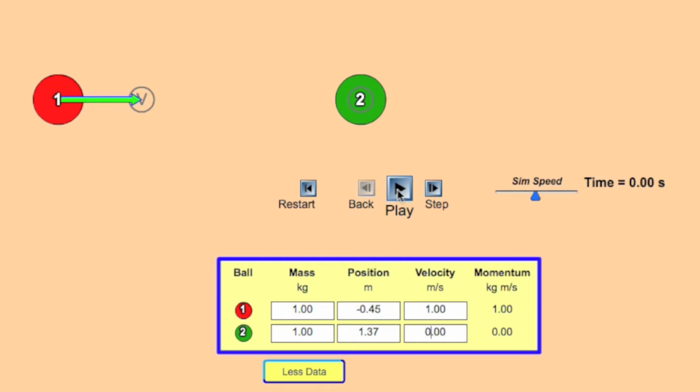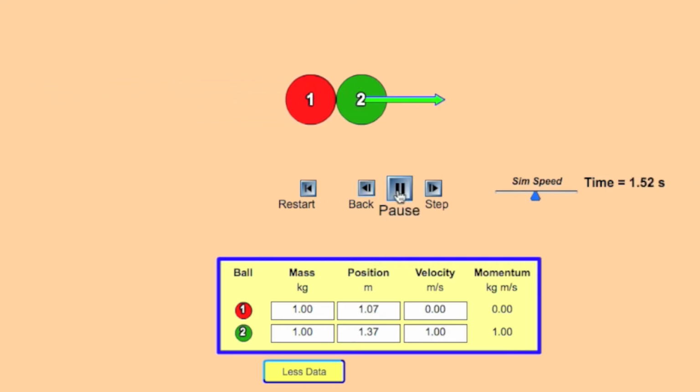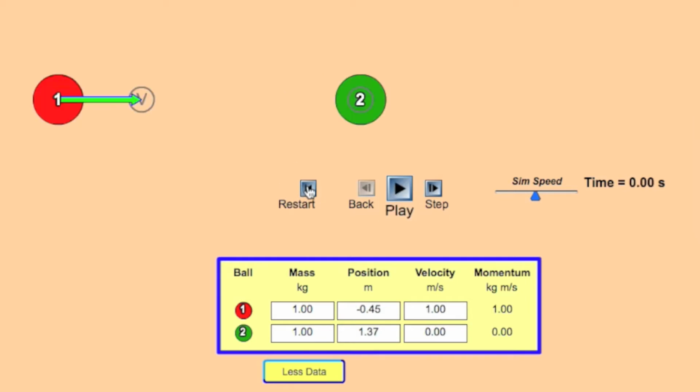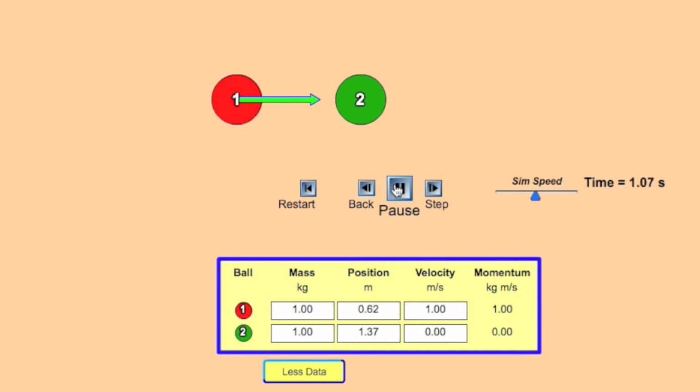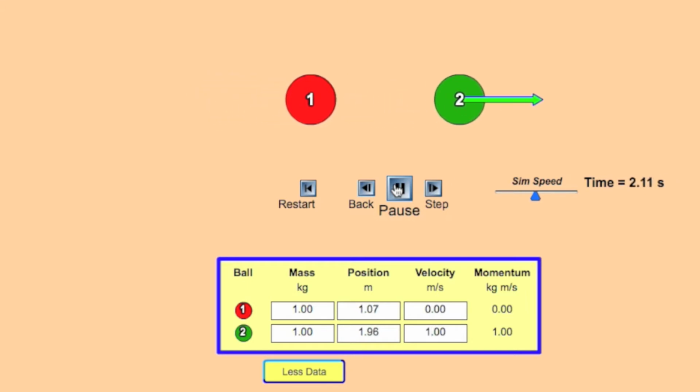So our first object will be approaching the second object from the left, and you'll notice when the objects collide, object 1 stops and object 2 starts moving. It turns out that in every collision, the total momentum before the interaction will equal the total momentum after the interaction. In this example, all of the momentum of object 1 was transferred into object 2, but the total momentum